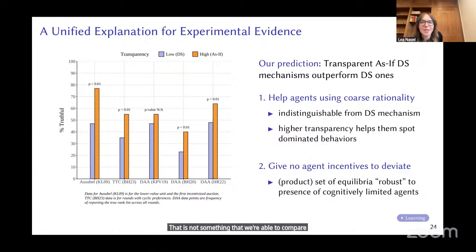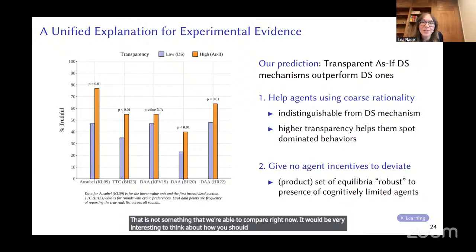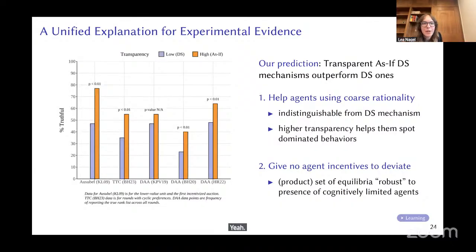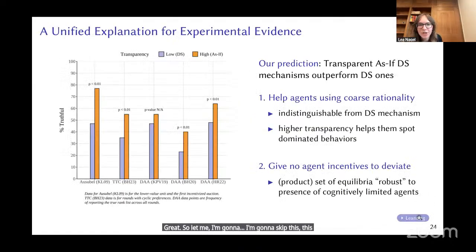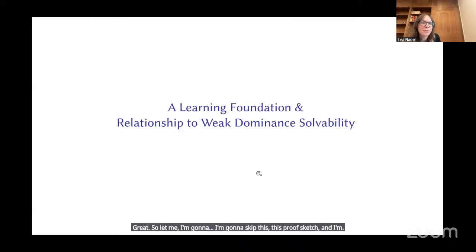It would be very interesting to think about how you should compare transparency across game trees, but just conceptually that seems like a harder question, and the answer seems less obvious than this partial order that we came up with for now. Okay, great. So I'm going to skip this proof sketch,